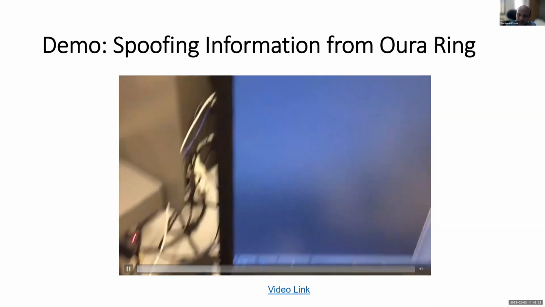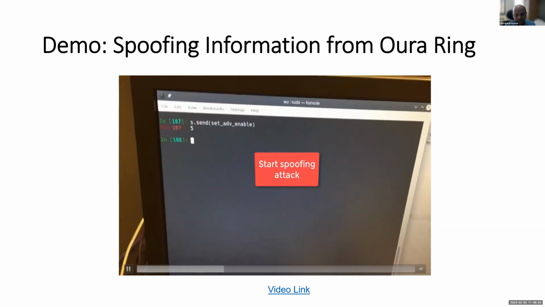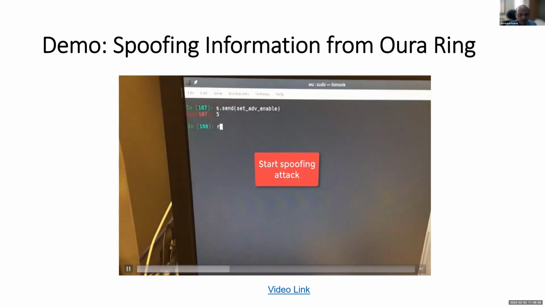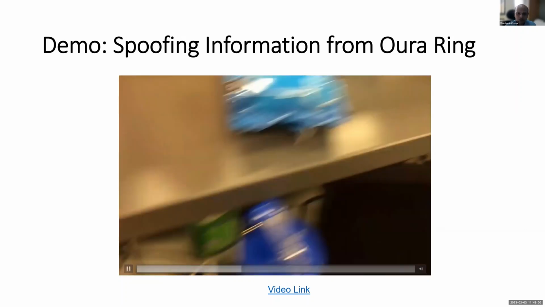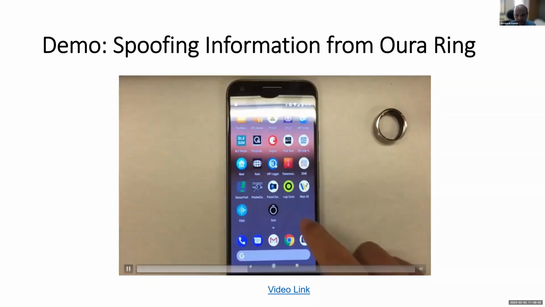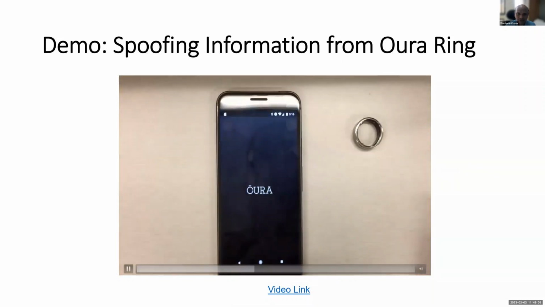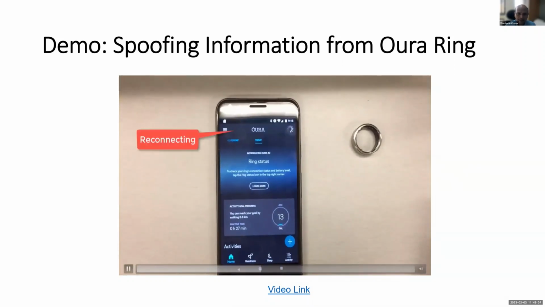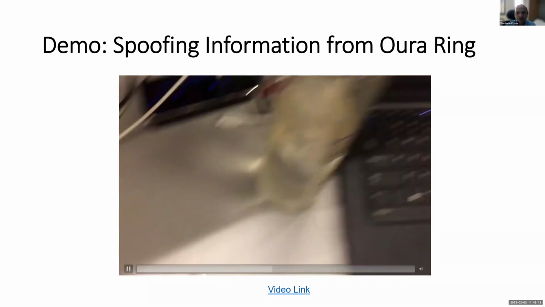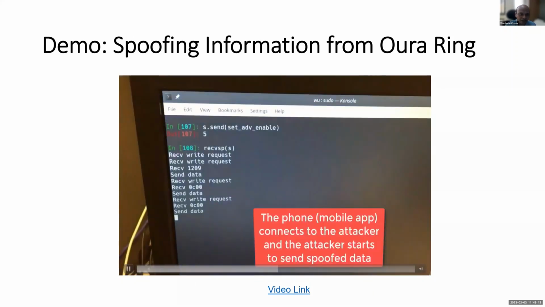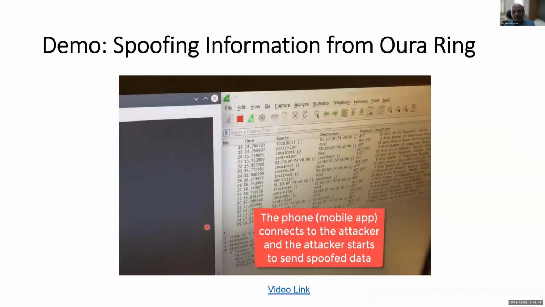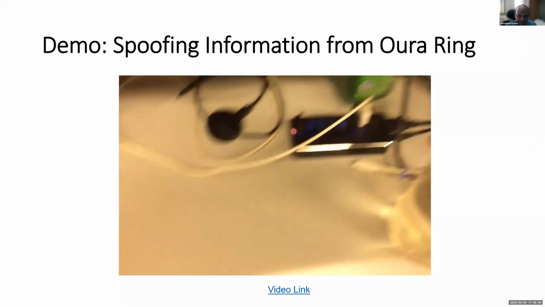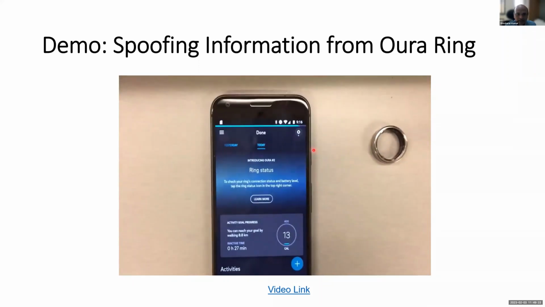Now we go ahead and launch attacks. We utilize the Bluetooth development board to generate packets, which will be received by your mobile phone. During this reconnection procedure, see, it is reconnecting. During this reconnection procedure, the Android phone will now get connected to our attacker. And now we will start sending messages to this